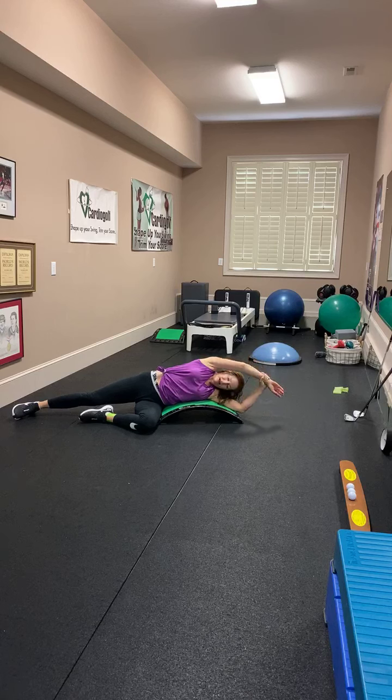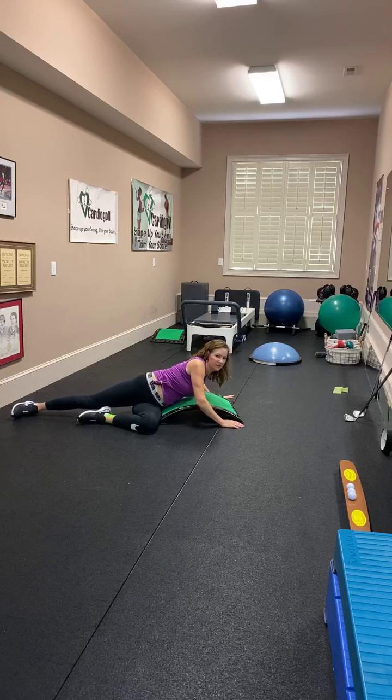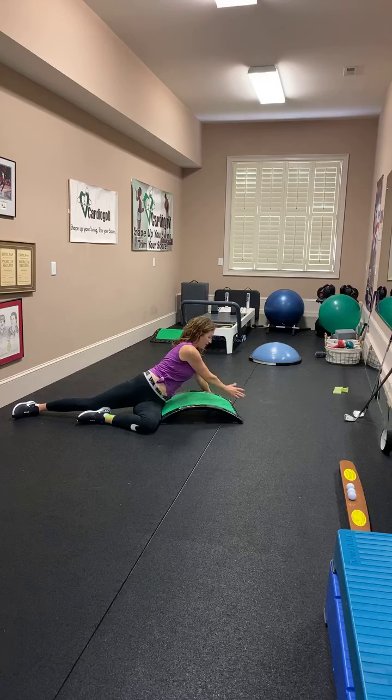I'm going to pull my top arm up, get a nice length here, and hold it. Now for stretching, I'm going to hold it for a little bit longer, try to lengthen the muscles. And then from here, you can do a nice little twisting action. You can turn your chest, so your hips are going one way and your chest is going another way. Lengthen your back. You can take one hand over here. It's more challenging here. So we do this stretching series on a short box on a reformer, but you can do this at home with